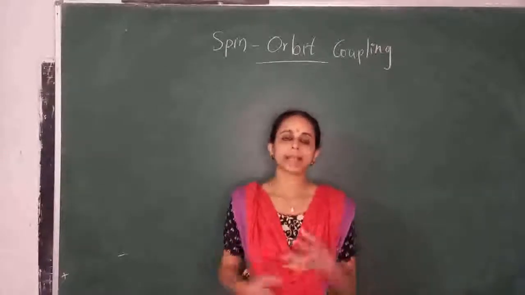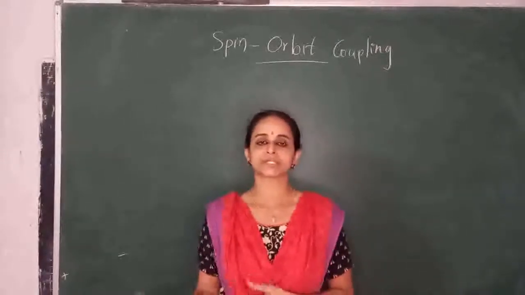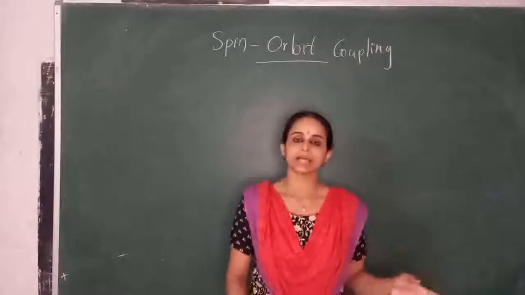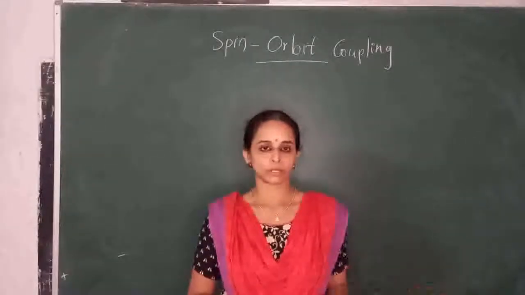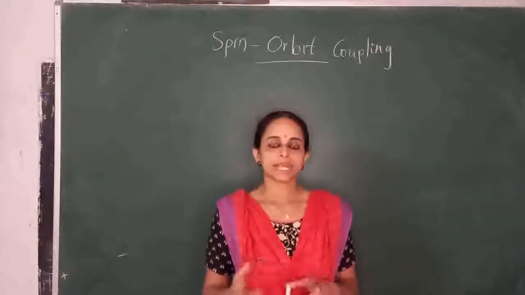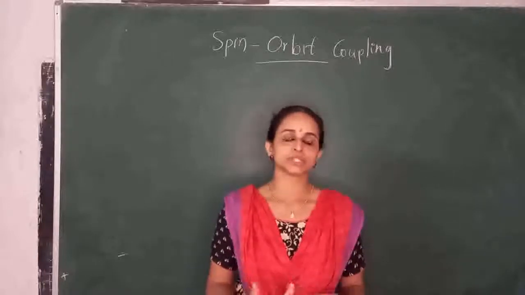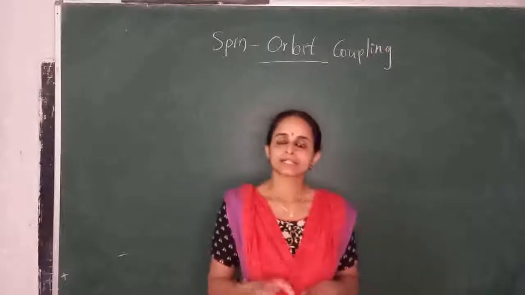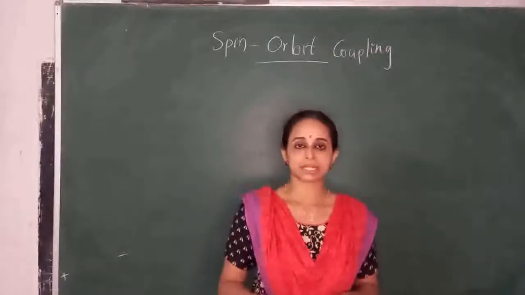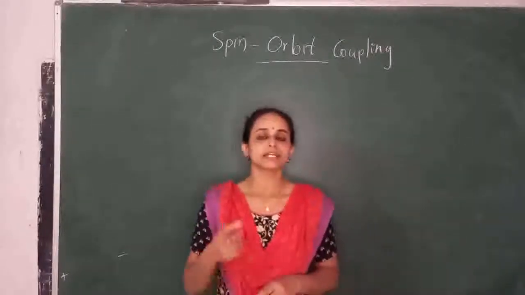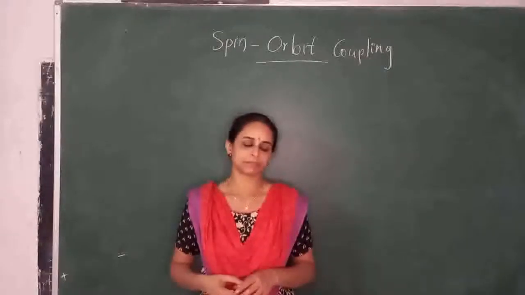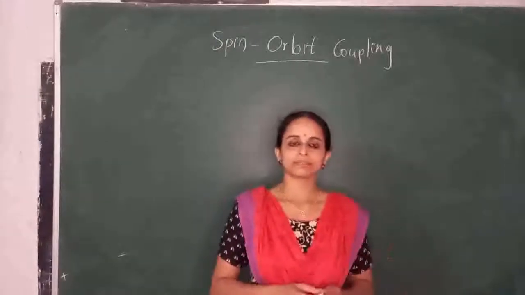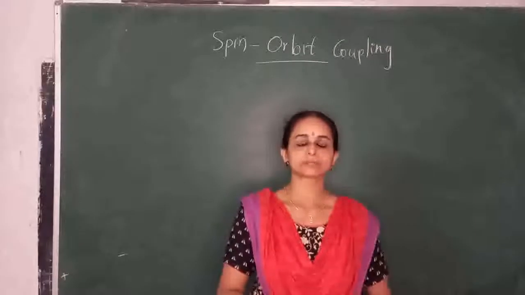This is actually a magnetic interaction, because the spin magnetic quantum number gives the spin angular momentum. So, this is a magnetic interaction between the two angular momenta. That means the fine structure, the splitting of the spectral line, we can explain easily using the spin-orbit coupling. To understand what spin-orbit coupling is,